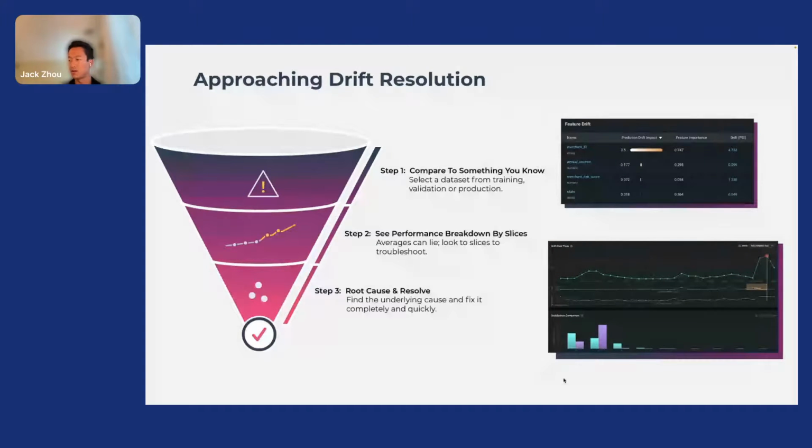Here you can see the distribution, which will help you understand which values of this feature are drifting. It may not be all values, it may just be a very small subset. And in the top, you can also look at a time series and see,